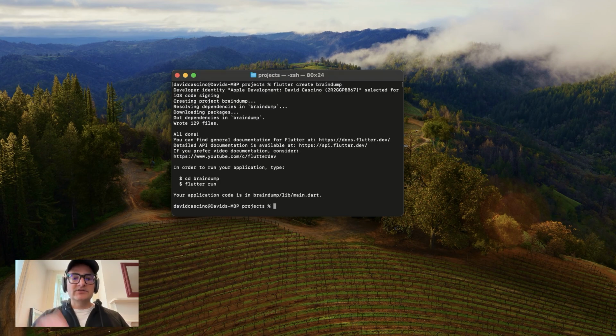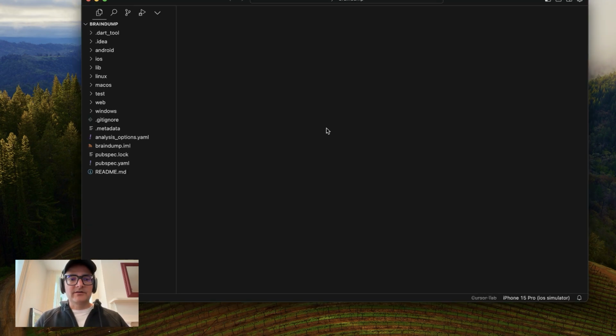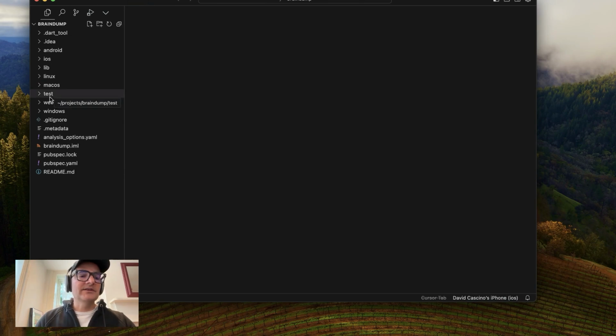And it's going to go ahead and generate a bunch of files for you. I'm going to go into that directory, which is called Brain Dump. So it creates a new folder called Brain Dump, because I said flutter create brain_dump. And now we're going to open Cursor, the AI code editor that we'll be doing in the other episodes. So you just say cursor, dot meaning the current folder that I'm in, and it should open up Cursor right here. And there we go. So Cursor's now open. You can see all of our files here.